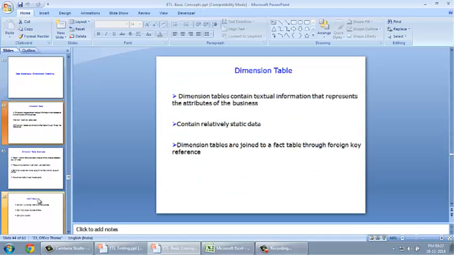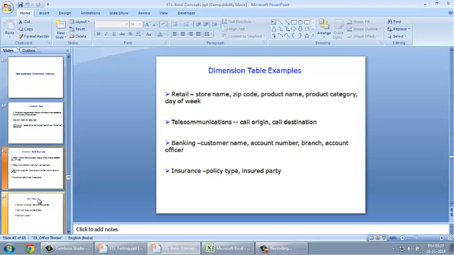Data warehouse dimensional modeling. Dimension tables. Dimension tables contain textual information that reference the attributes of the business. They contain relatively static data. Dimension tables are joined to fact tables through foreign key reference. Dimension table examples: retail, which contains store name, zip code, product name, product category, day of the